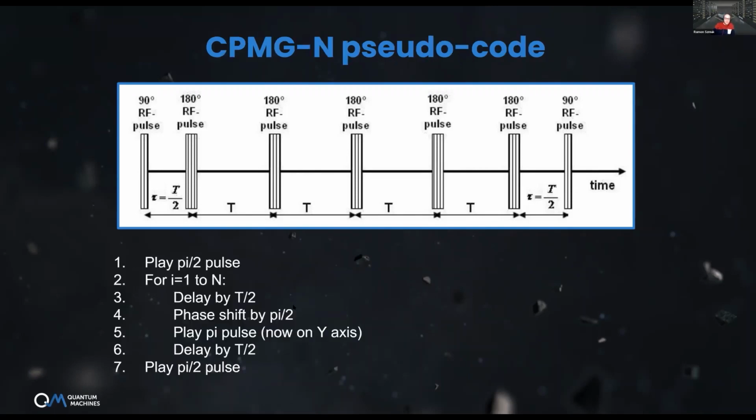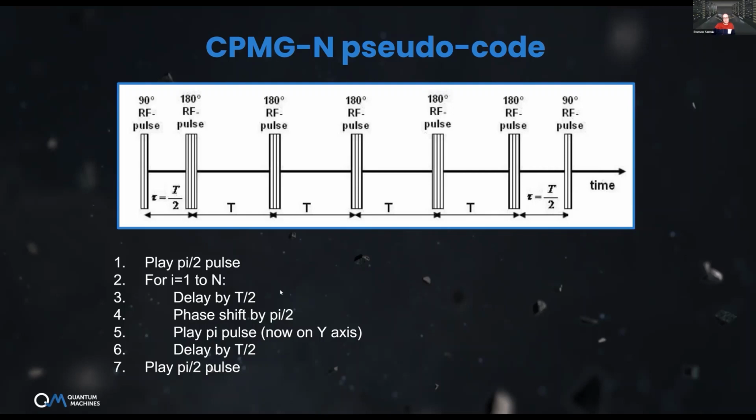And so the pseudocode for CPMG looks something like that. Play pi/2 to the same AOM or channel, and then repeat n times: delay by t/2, phase shift by pi/2, play a pi pulse, now on the y-axis because we did this phase shift, and then delay again by t/2. Repeat this n times, and finish off with another pi/2 pulse. So this pseudocode will generate a CPMG-N